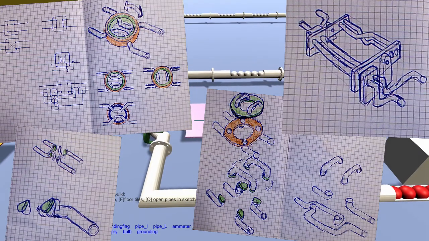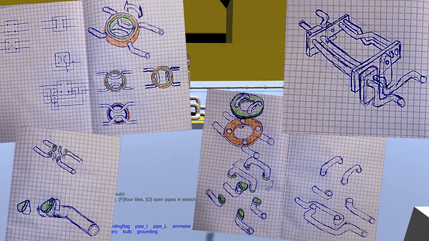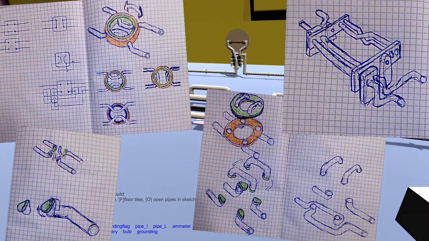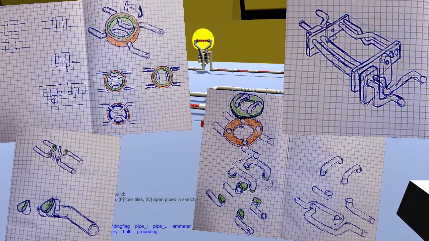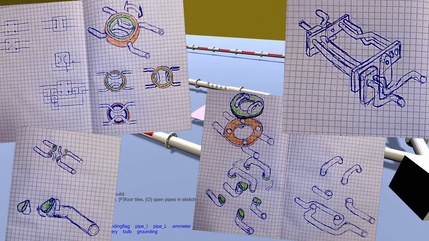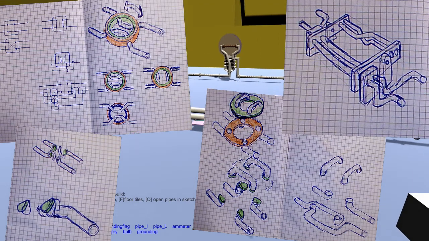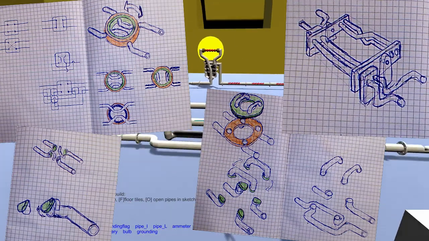Here we see now some early concept art sketches, and we see the very first idea of the cross switch. We see how the user would have had to build some elements around the main switch in order to build some certain circuits.